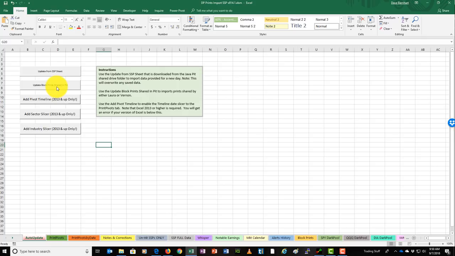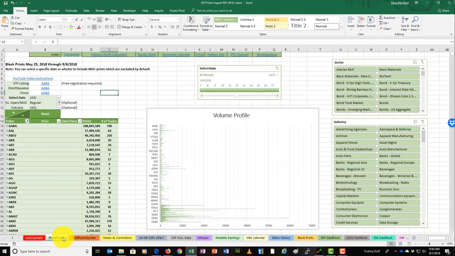Now, what I've got here is two tabs that really are the front end. We have print pivots and we have print pivots by date here at the bottom. So let's look at the first one, the print pivots. This looks a little bit busy, and anyway,